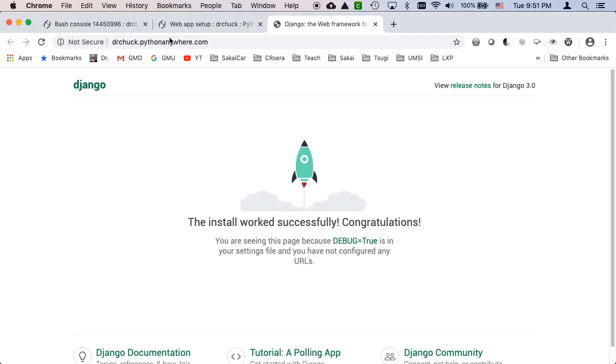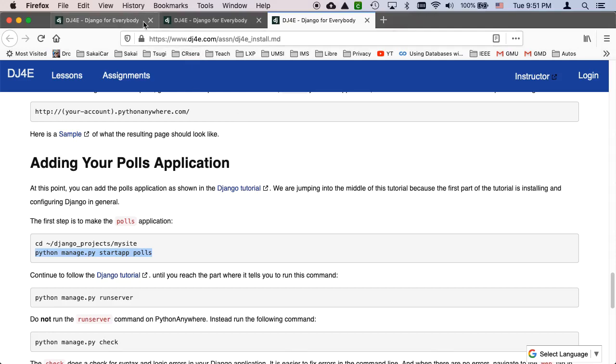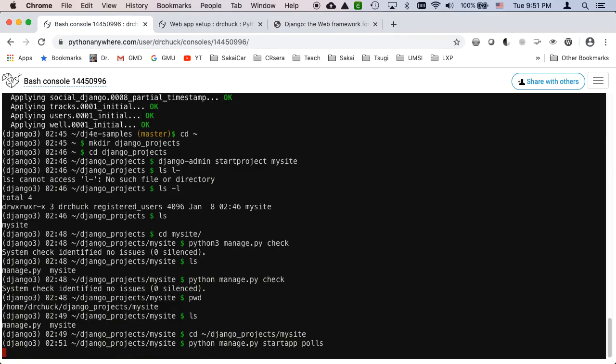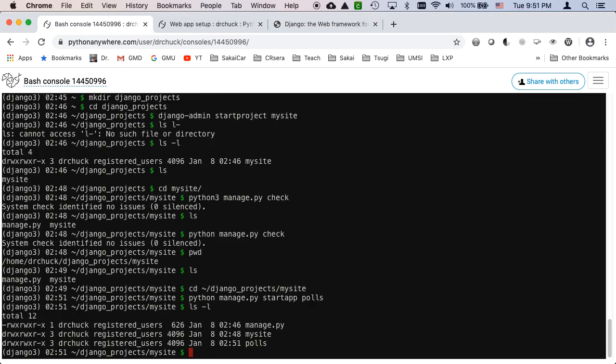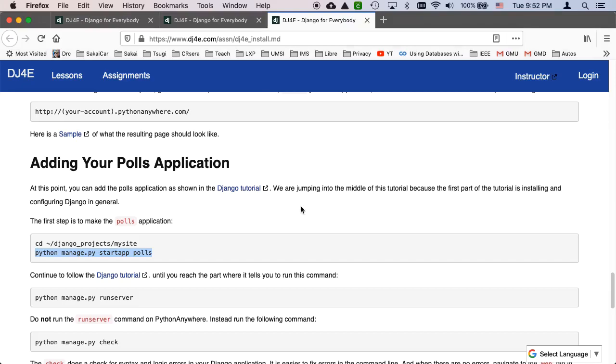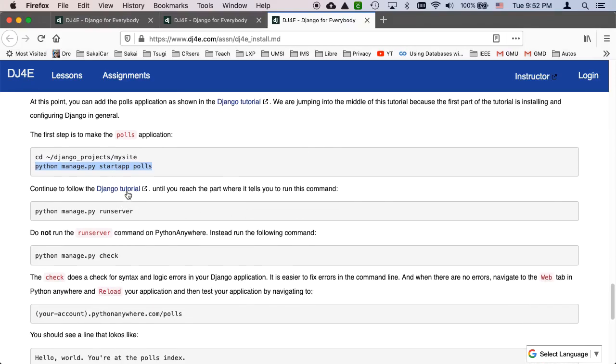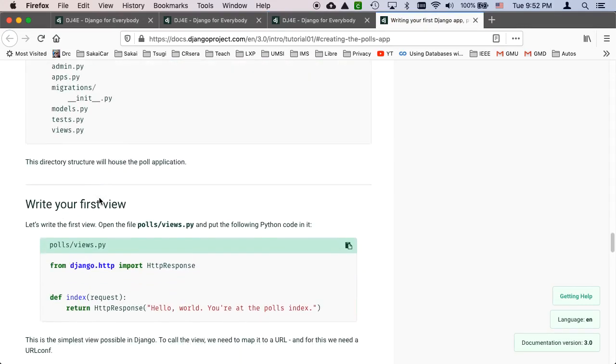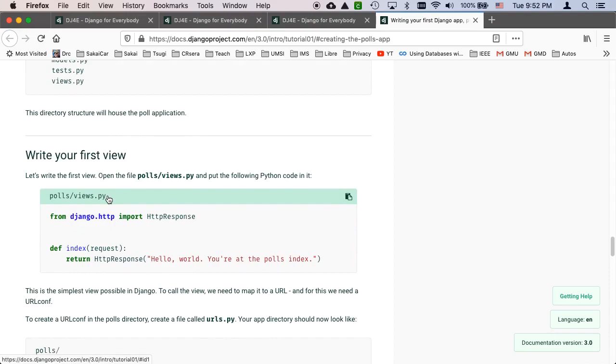So one of the things about Django is that it comes with batteries included. And so in this particular case, it's writing a bunch of code in a folder named polls. Okay? And so that's now in polls. And then we continue on, now we're going to pick up in this Django tutorial. So we said start at polls. We did that. And we're going to edit a file,